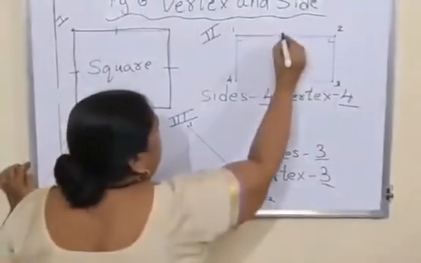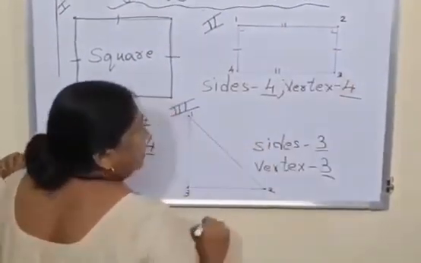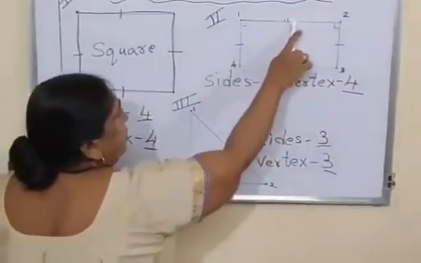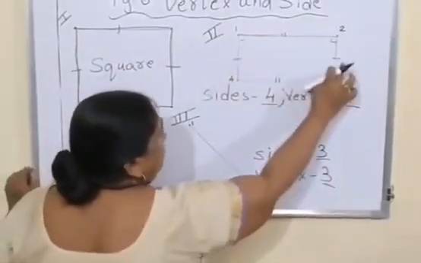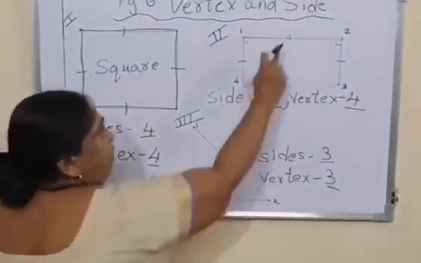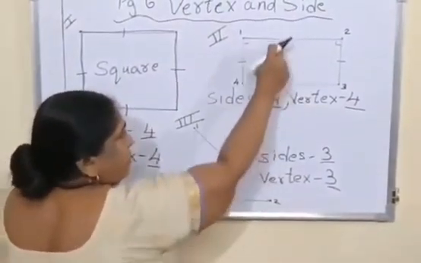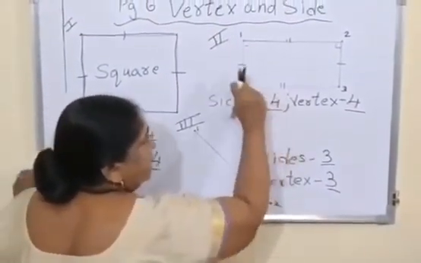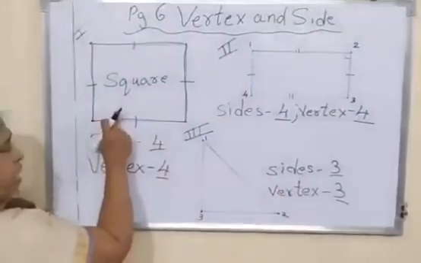This and this will be equal, this and this will be equal. That is, suppose this is 4 centimeter, this will also be 4 centimeter. If this is 2 centimeter, this will also be 2 centimeter. In the rectangle, the opposite side, opposite मतलब इसके सामने, opposite. So opposite side will be equal in the case of rectangle, and whereas in the case of square, all the